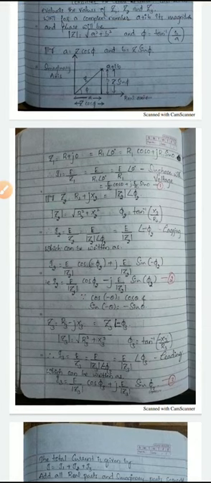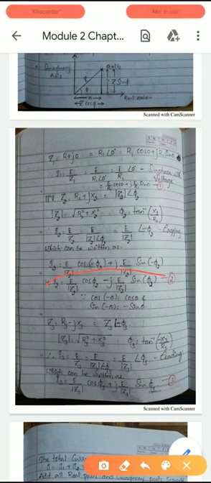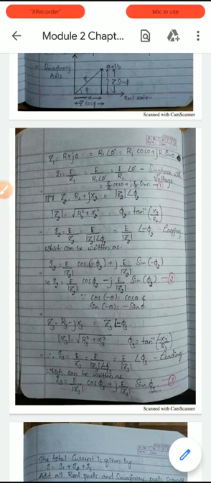right? So if you want to write that in terms of cis theta or cos theta plus j sin theta, then I can write it as magnitude E by Z2 cos of minus phi 2 plus j E by Z2 sin of minus phi 2, which is nothing but E by Z2 cos phi 2 minus j E by Z2 sin phi 2, and this minus sign comes here, because we know that cos of minus theta is cos theta and sin of minus theta is minus sin theta. I hope it is clear.